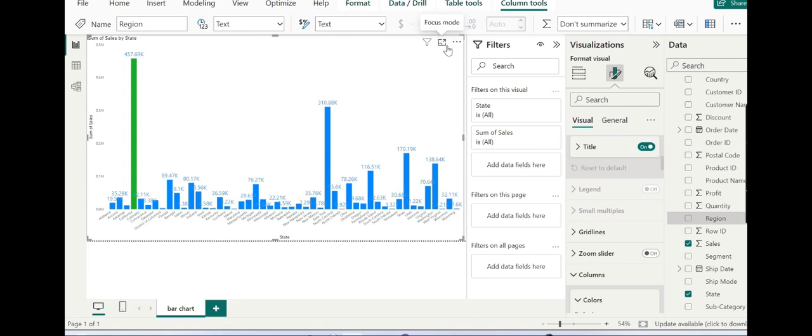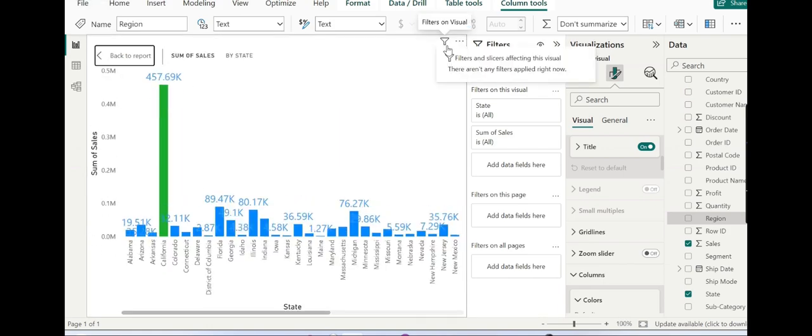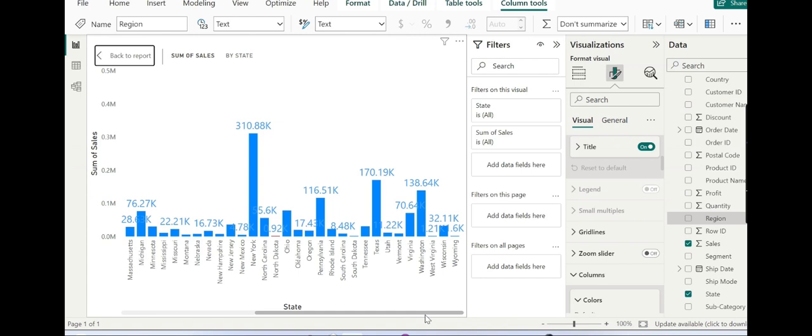And this allows us to examine even the smallest value. You will see this focus mode allows us to view the smallest value, that is North Dakota, which is in red color, between North Carolina and Ohio.